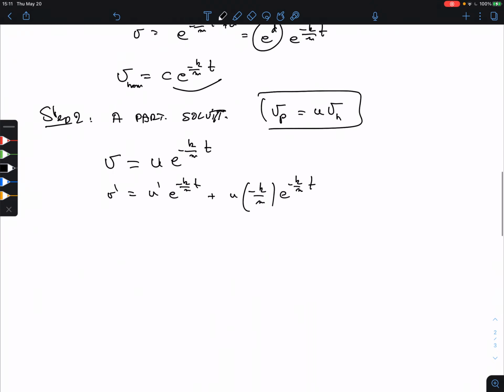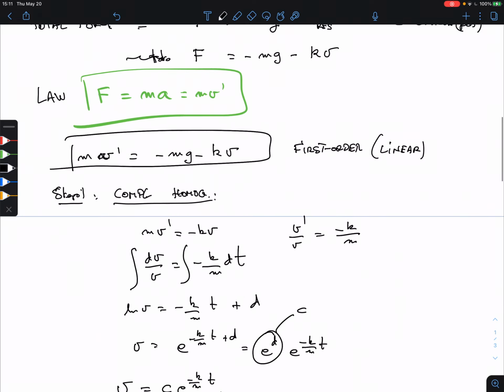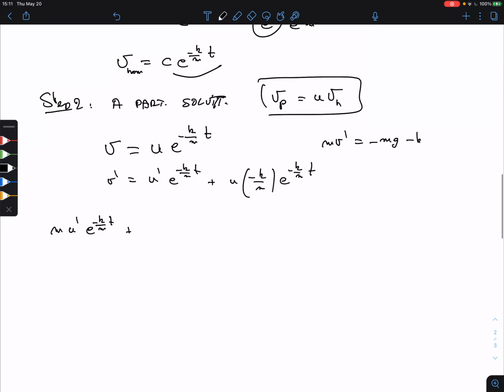Okay, so we have m u prime e to the minus k over m t plus m. Remember, I'm multiplying this whole thing with m, right? So we have m v prime equals minus m g minus k v. Okay, so I'll copy the equation. So I'm multiplying this quantity with m. That means that in the second term, the m will disappear. So we have a minus k u